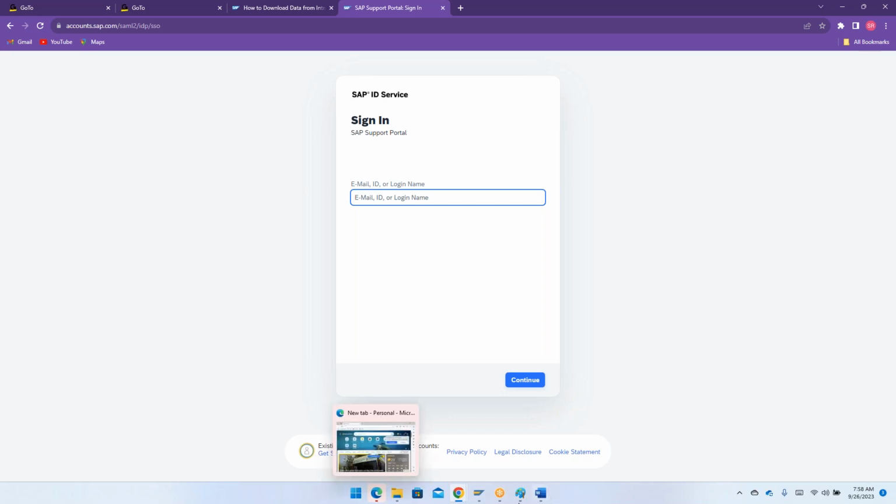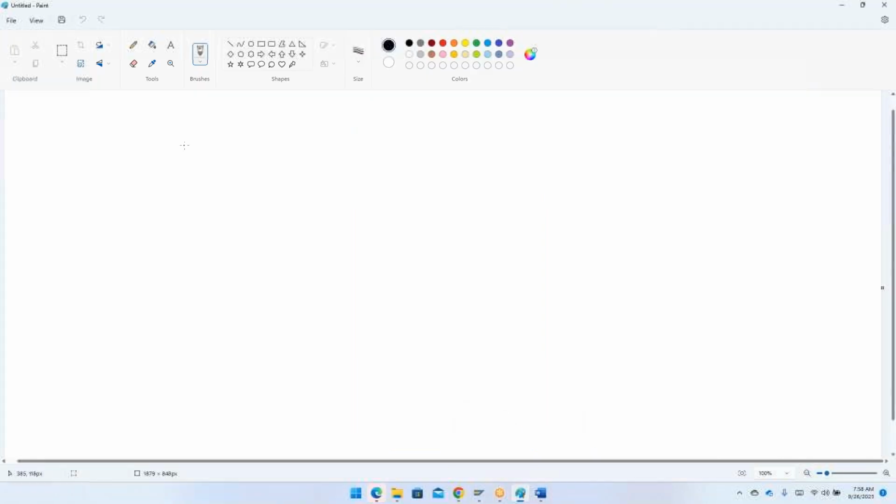So in SAP, you do have two types of users. One is your P user and one is your S user. So S user ID, you will be getting it when you are working for a project,